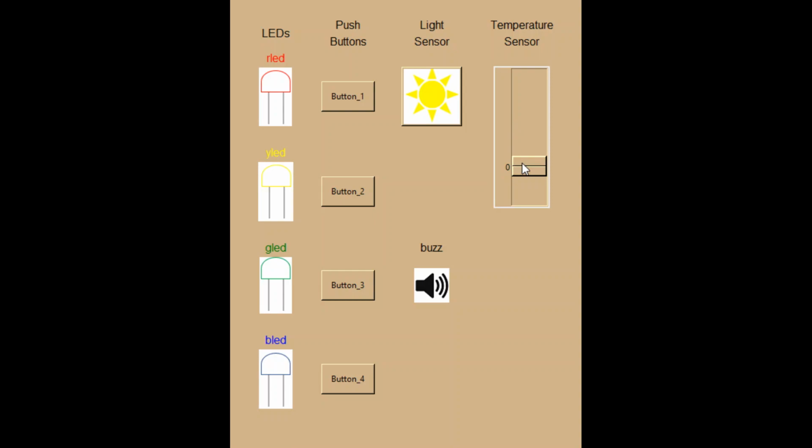Over here is a temperature sensor. That's a slider, and that can be adjusted up and down from -50 to +150, and it will start at 0. Over here is a buzzer. There's no action on the symbol here, but in our program we can use a feature to make it create an annoying noise. So what I'd like to do now is run a program that